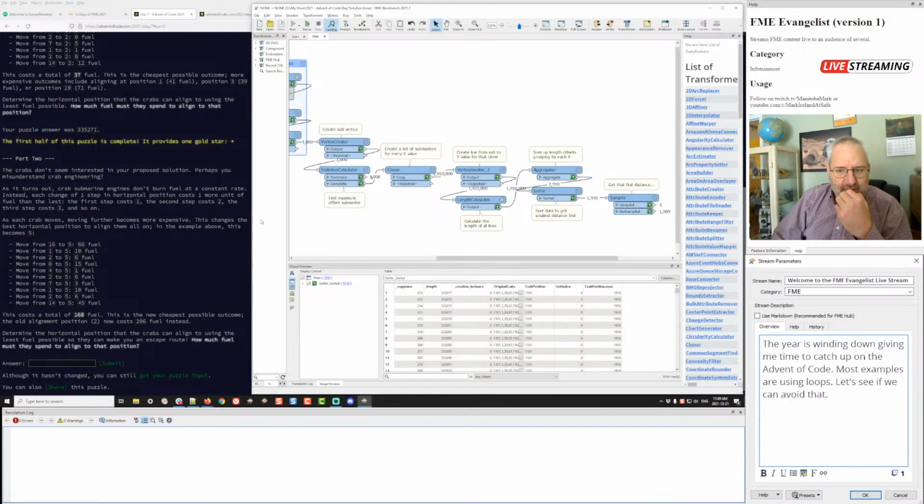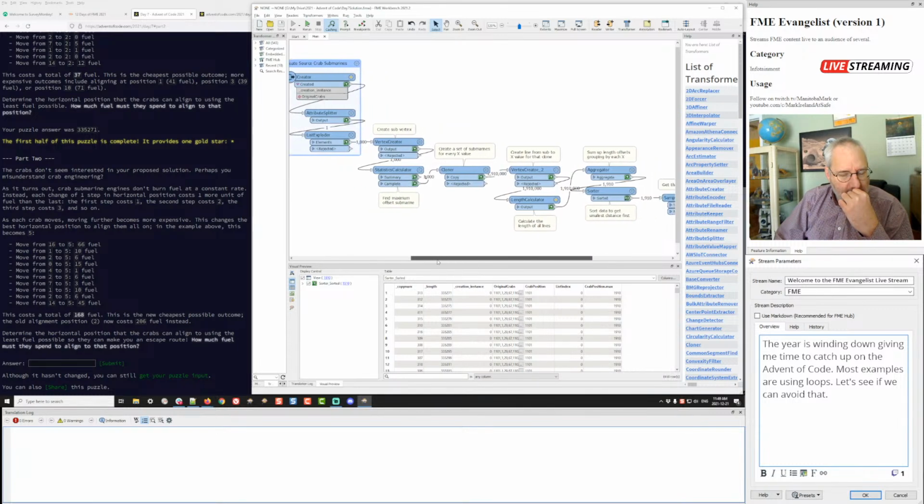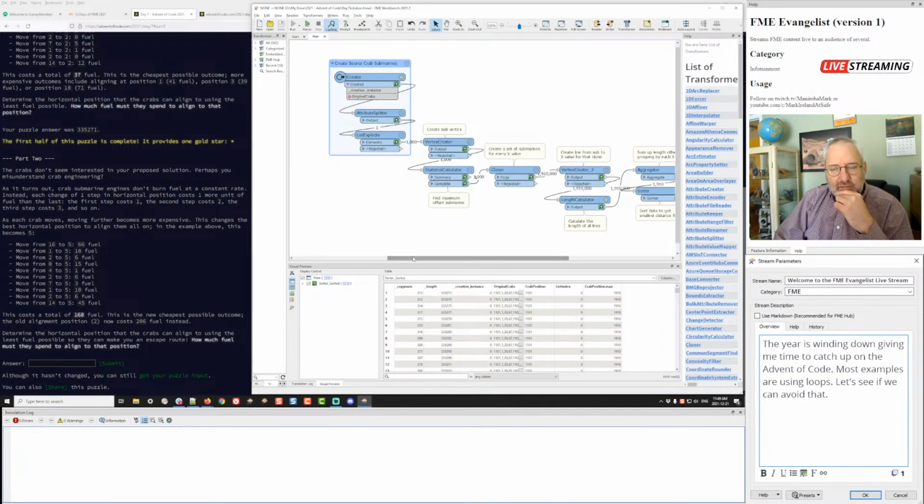See, I'm thinking that shouldn't be that difficult, because it's the length, and we just multiply it. But is there a mathematical way of doing that? That's what I've got to figure out there. It goes 1, 2. So 1, 2, 3, 4, 5. If it went 5 spots, it would cost 1 plus 2 plus 3 plus 4. Okay, so it's the,